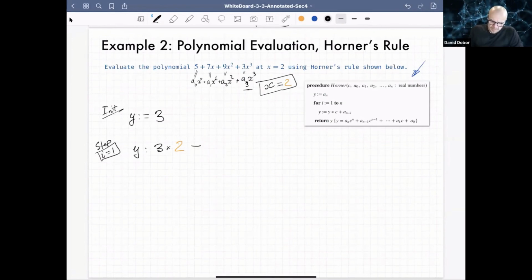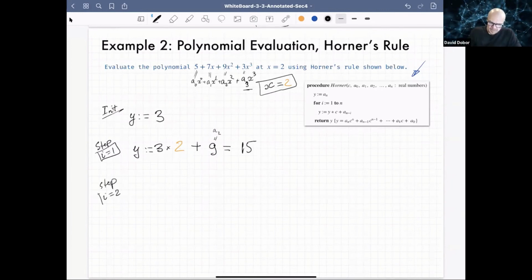Plus, so y gets, I'm inside the for loop, this is what I'm doing: y times c plus a sub n minus 1. What is a sub n minus 1? That's a2, which is 9. So that gets evaluated to 3 times 2 plus 9, that is 15. He's done with step 1, evaluated this to 15, goes to step 2,